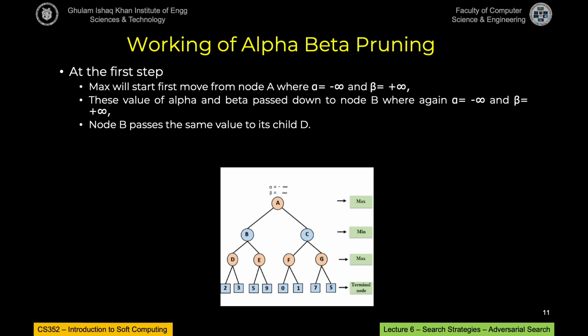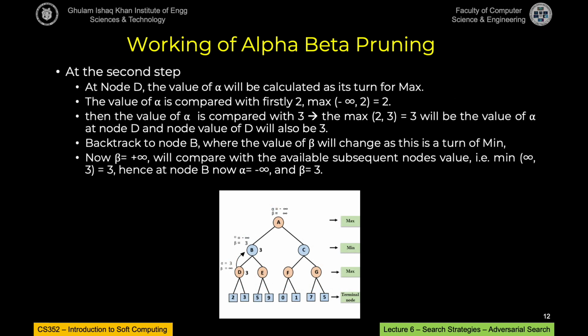These values of alpha and beta are passed down to node B, where again alpha will be set as minus infinity and beta will be set to positive infinity. And node B at the same time will pass the same values to its child D. And that is where we'll have the utility values that are given. Okay, so the next step is, now we are at node D and the value of